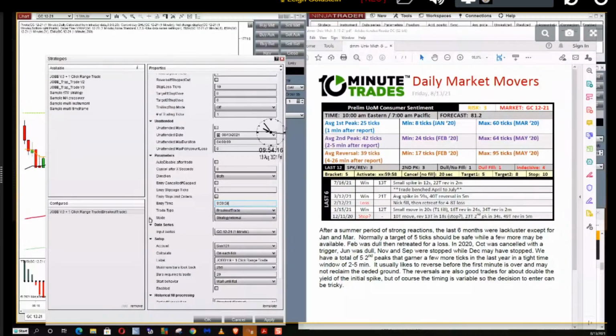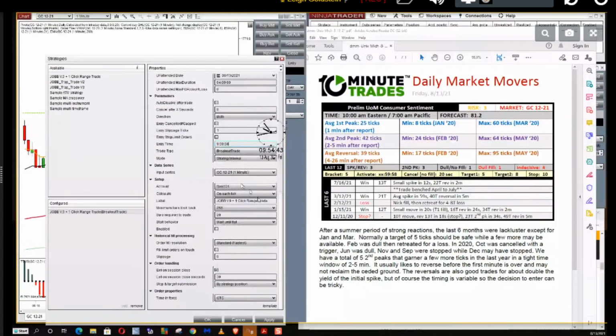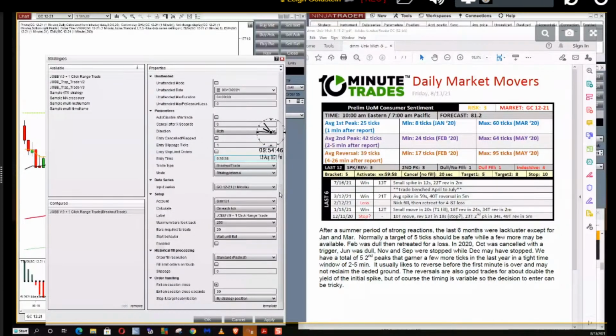The mode is strategy internal. That's the method. All it means is we don't use an ATM strategy, AJ. Our software is an ATM strategy. But you do have the ability, if you wanted to, not use our settings and insert an ATM strategy. You could put the name of your ATM strategy up at the top and change the mode from strategy internal to ATM strategy. Why would you do that when our software is an ATM?